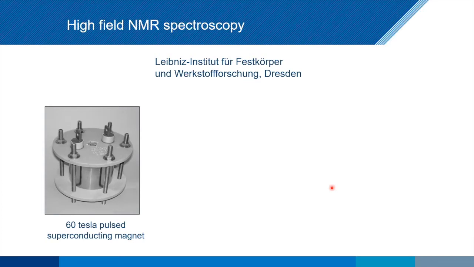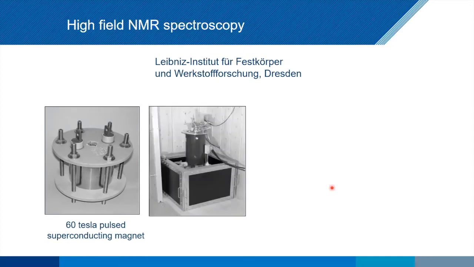The only problem is it's a pulse magnet. And that means essentially you put a lot of energy into this. It goes up to 60 Tesla and then it comes back down again. And it does that in about 20 milliseconds. So you take your magnet here, you put it in a large bath of liquid helium over here, and then we use a capacitive discharge to take that field from 0 up to 60 Tesla.